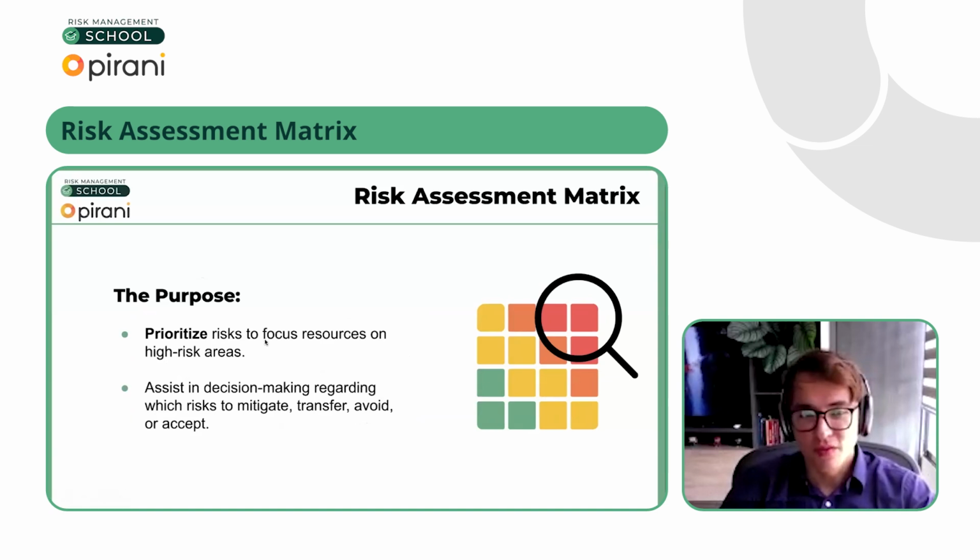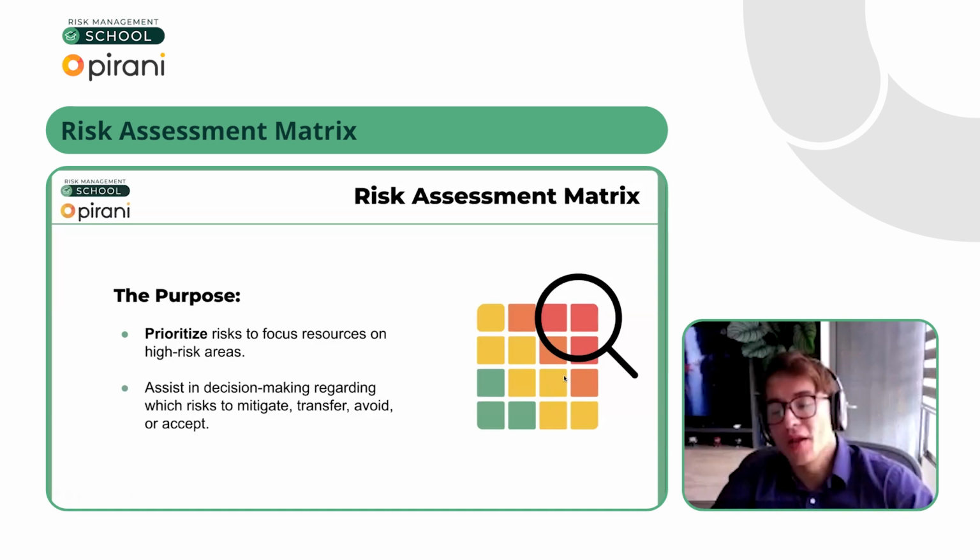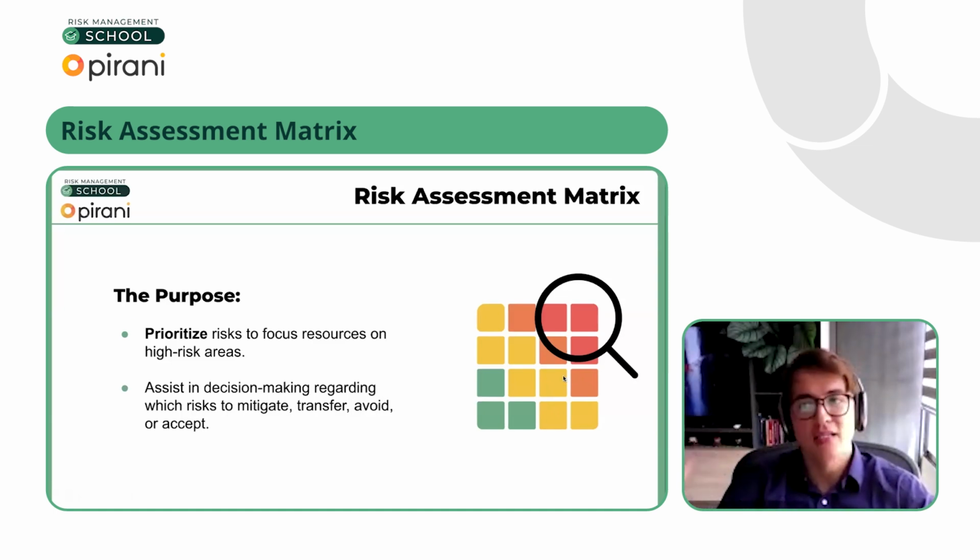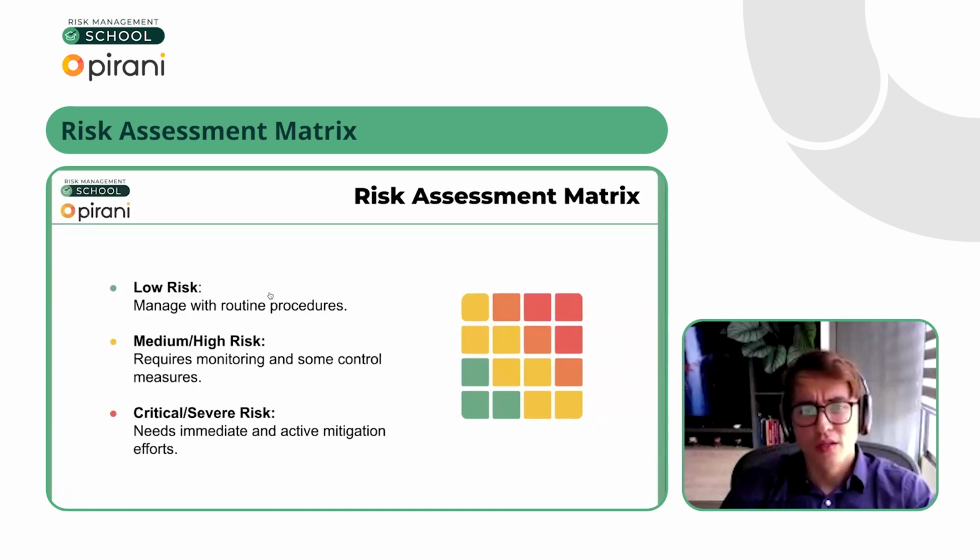So prioritize risks to focus resources on high risk areas and assist in decision making regarding which risks to mitigate, transfer, avoid, or accept, or whatever strategy you want to follow. Remember the last risk management school, we talked about 10 risk management strategies to follow. And we also talk about another concept in the risk matrix or heat map, that